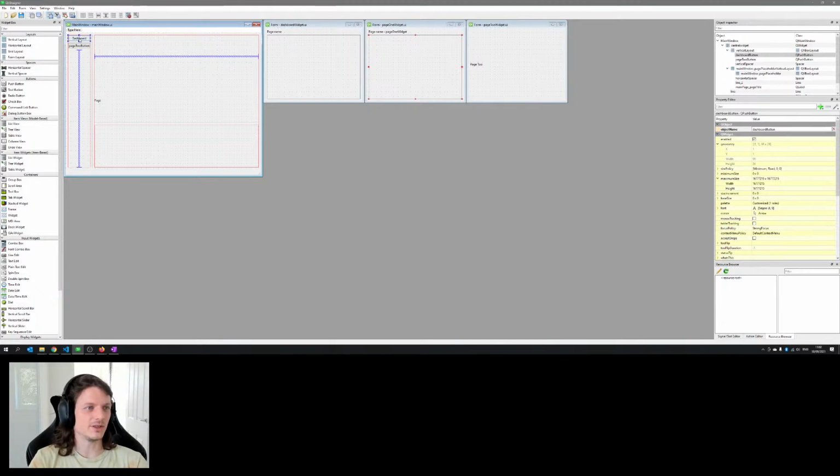So here's my side navigation so I can have more options, and here's my main screen. This is like a title, and this is the widget that gets filled up in here.